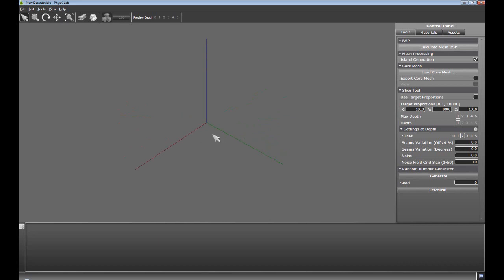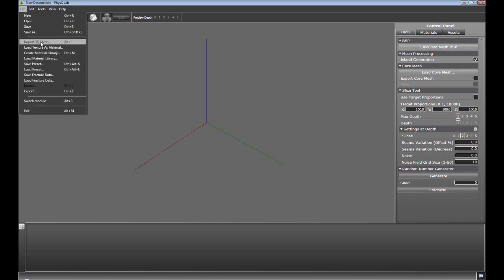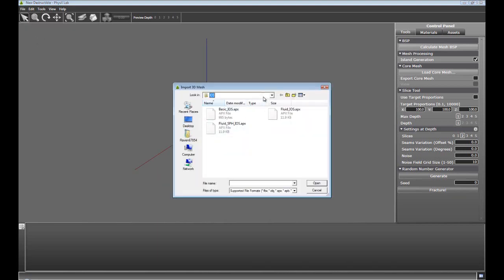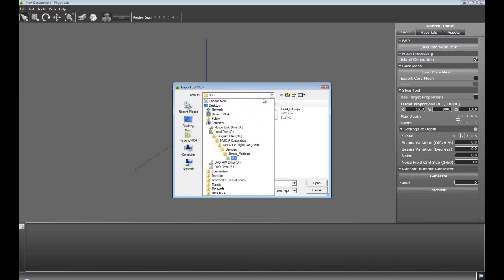Okay, so the first thing we need, obviously, is a mesh. So let's go to File, Import 3D Mesh. Now I am already inside of the NVIDIA folder, but for me it's C, Program Files, x86, NVIDIA Corporation, Apex